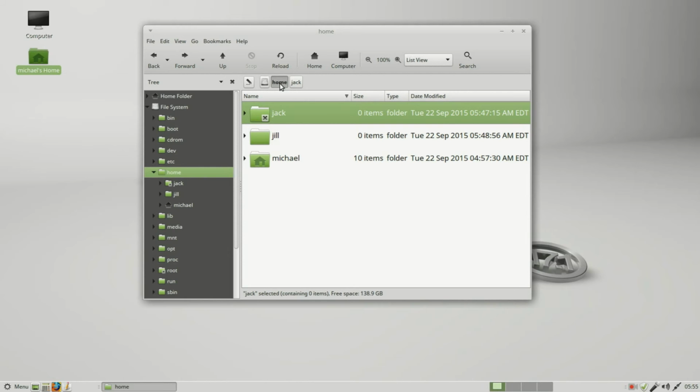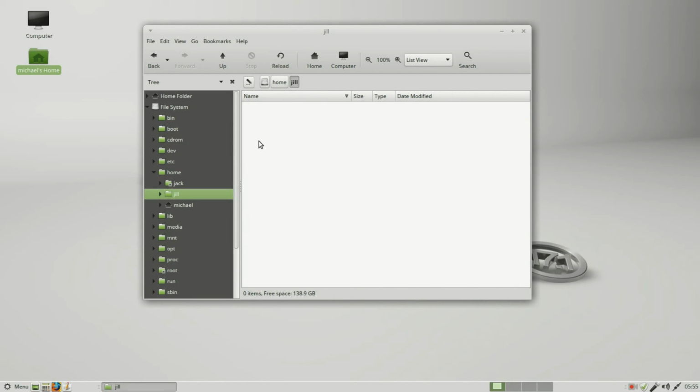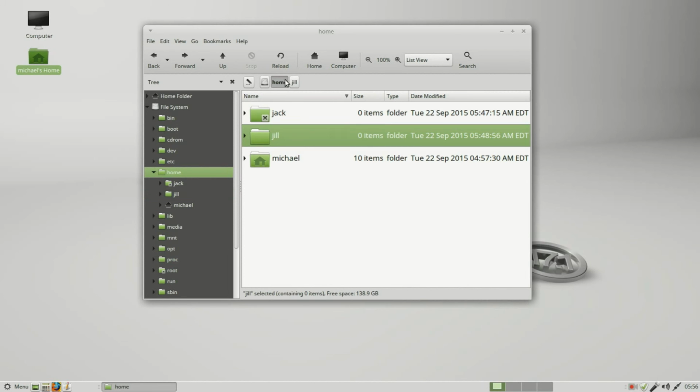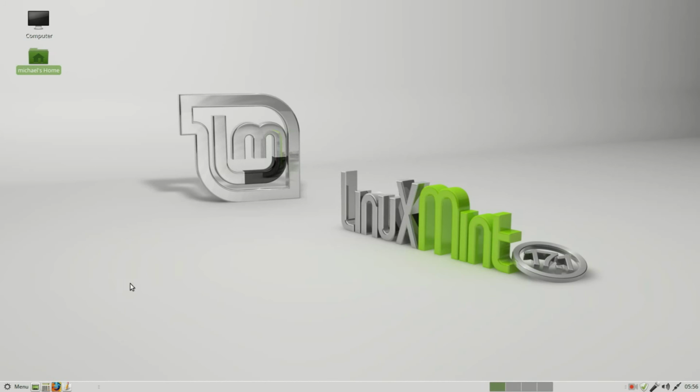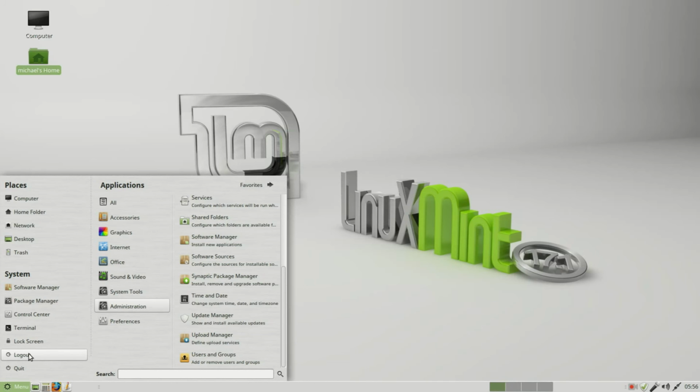Since we created the password and we know it, we could log in as Jack. But if he changes his password, we are the root user, so we can change the password to something we know and log in as Jack and see what's on his files. Jill, on the other hand, we can see her files. And she's got nothing in there. As I mentioned with the groups, it does not create any folders for Jill until we log in as Jill. I'm going to close this, log out, and log in as Jill.